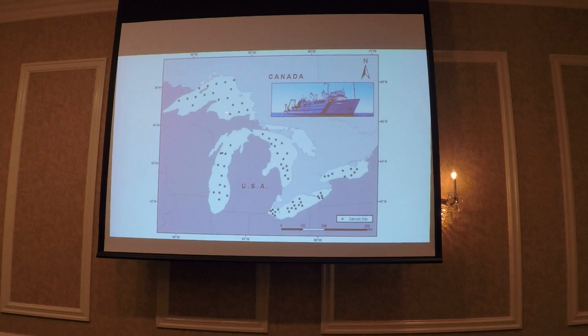And you can see that the coverage is pretty good in the pelagic environment. The goal of the sample sites is that they be relatively similar to one another. So these sites are similar, and they are abundant in each lake. I do want to point out, since we have the map up right now, Erie,